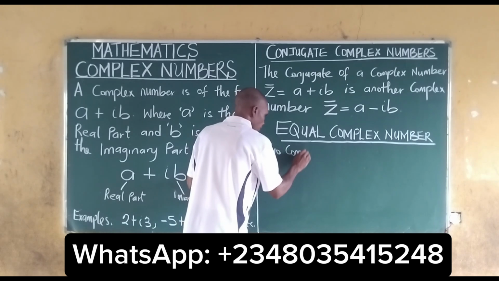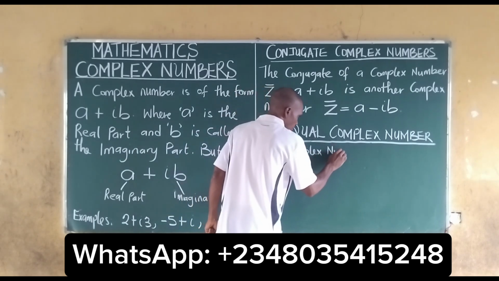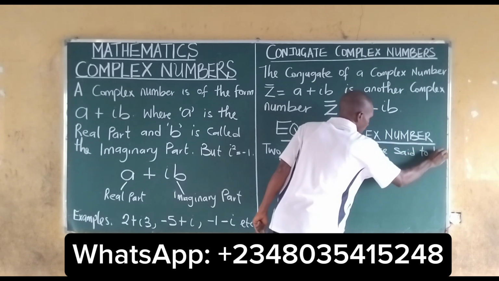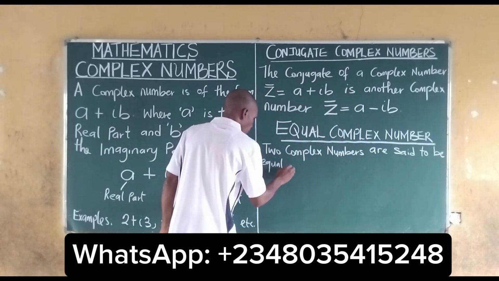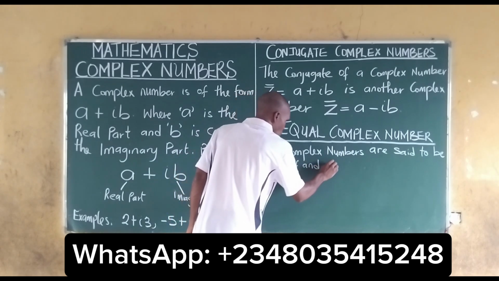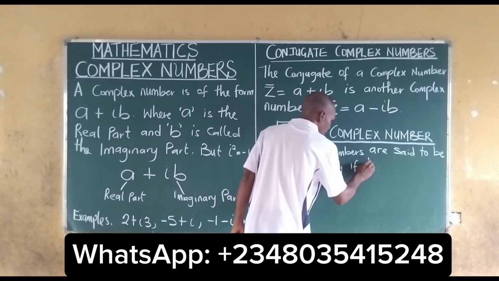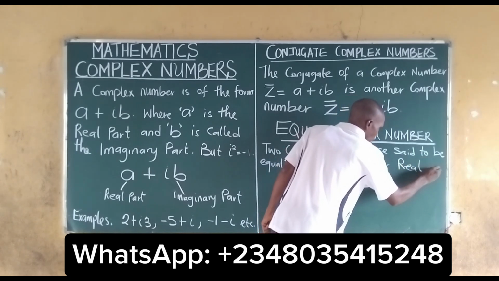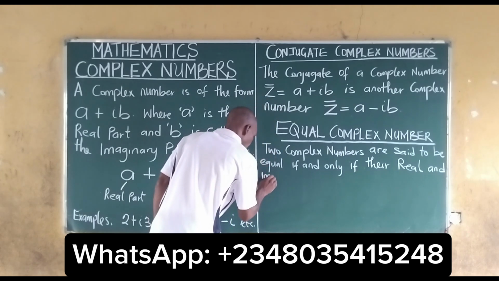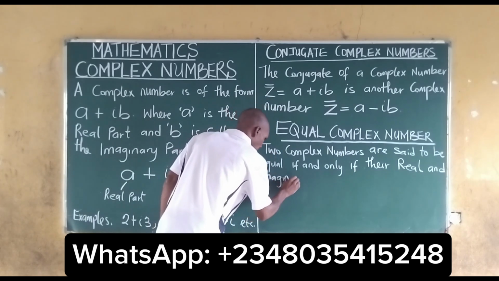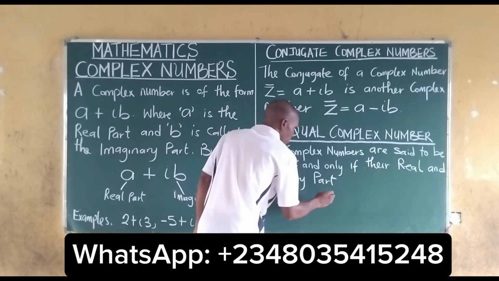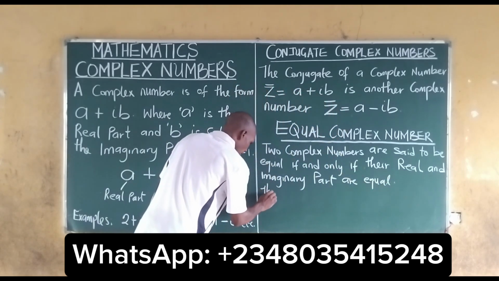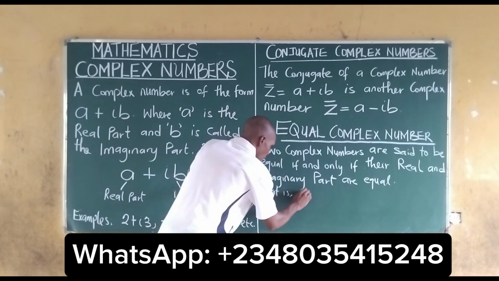Two complex numbers are said to be equal if and only if their real and imaginary parts are equal. That is to say, that is, if